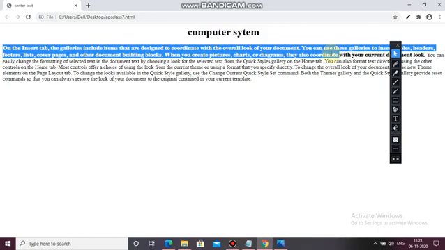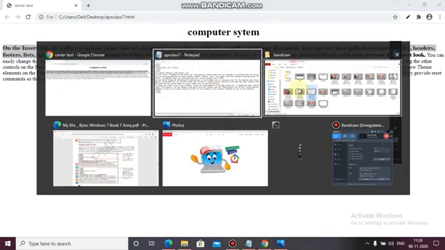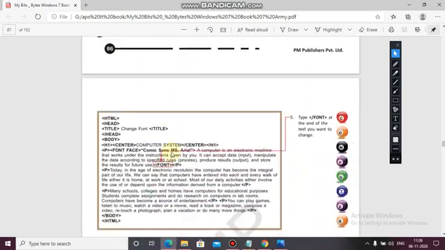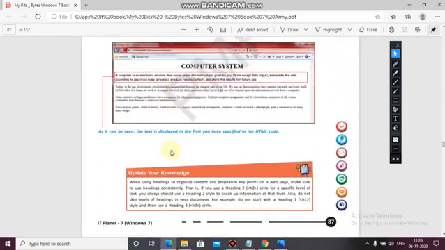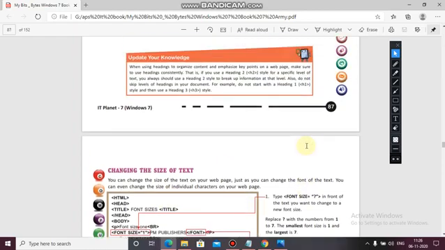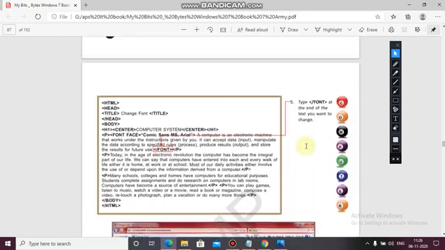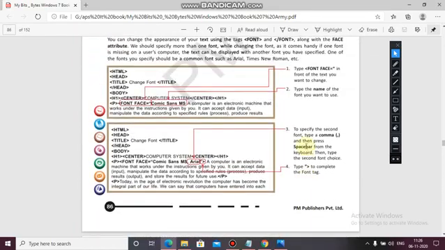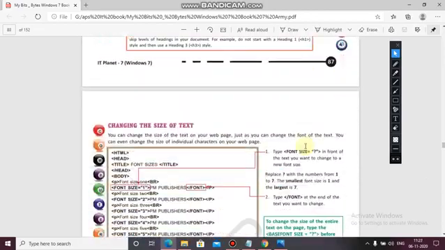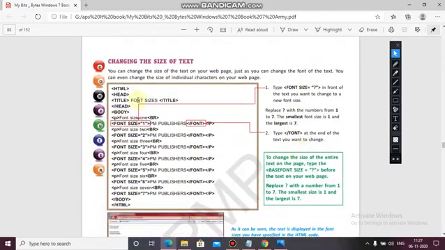Now coming on to the next topic, how we can change the size of the text. As we have seen how we can easily change the font face of the text, can we change the size also?